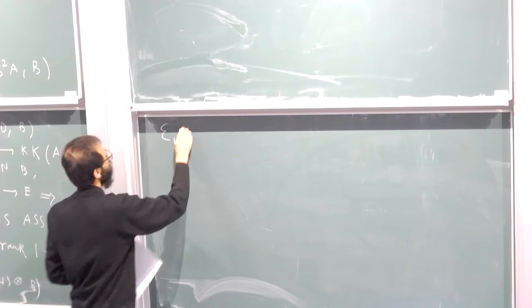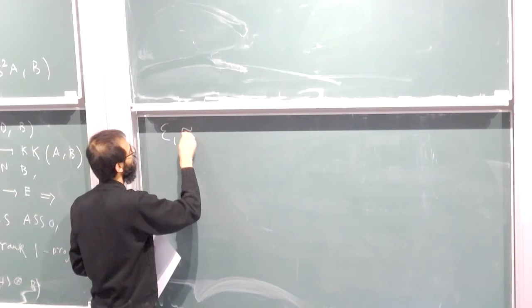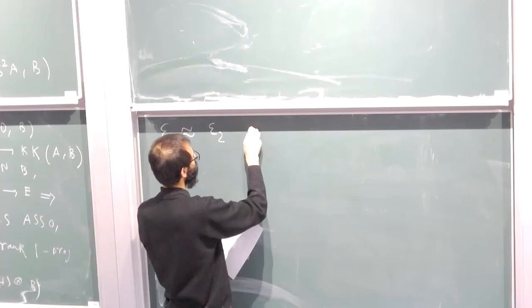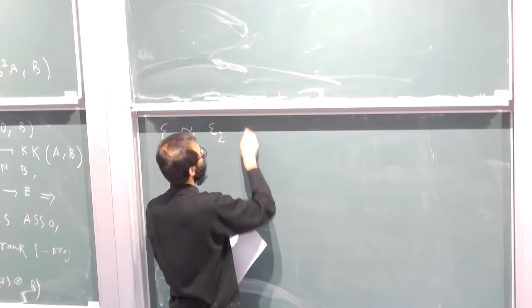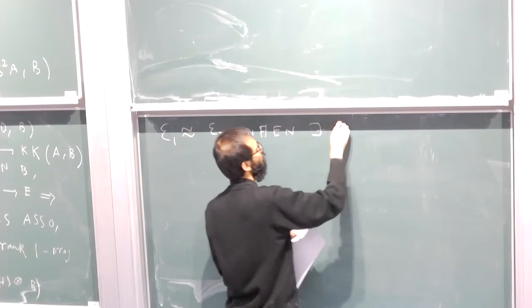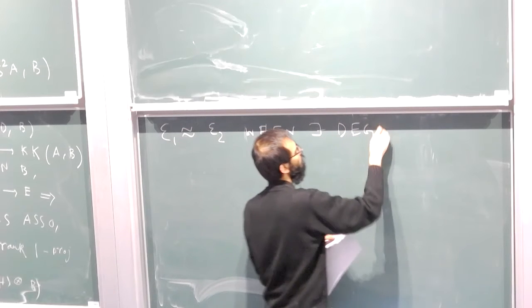So we write, with approx, if, so when there exist degenerates